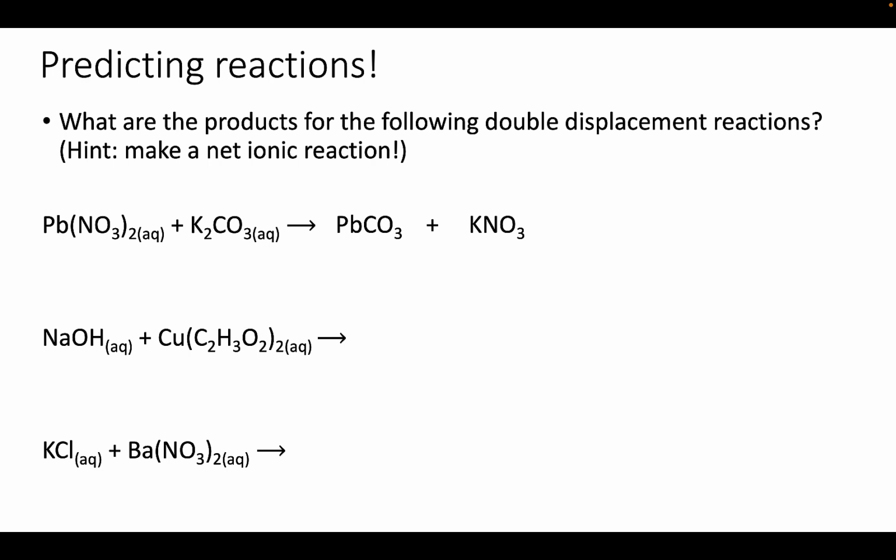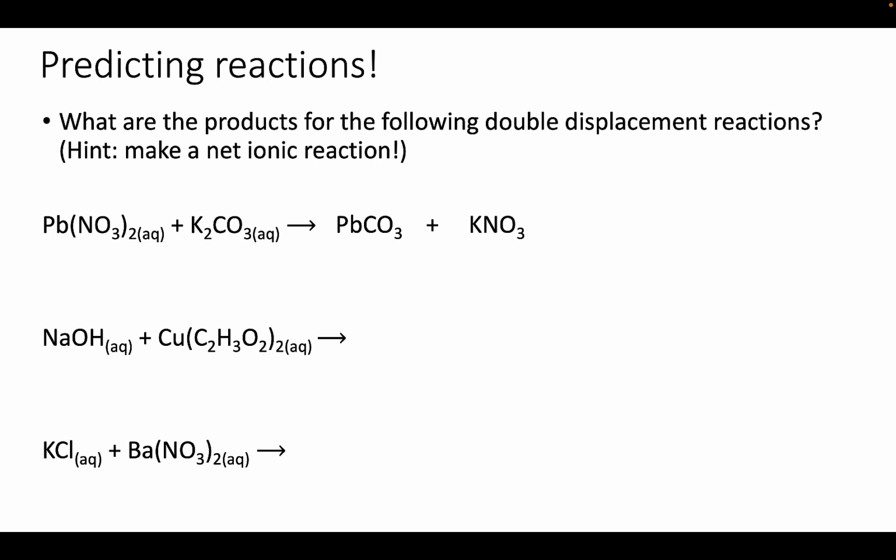And be absolutely sure that when you're predicting your products, you're also making sure that your compounds have equivalent contribution of positive and negative charge. Note that even though there are two nitrates in the initial reactant, we only have one in the product that we're proposing, because the lead has a 2+ charge in the initial nitrate, and potassium has a +1 charge in the final nitrate. Therefore, we're going to need to balance this afterwards, but we absolutely need to make sure that our predicted products